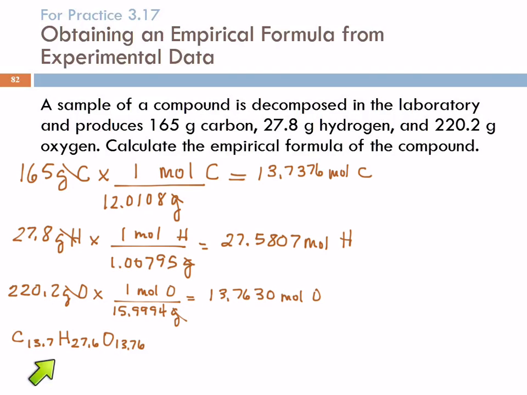So the way we change these into whole numbers is we go with the ratio. So we look at these different molar amounts, and we find the smallest one. It's this one. So I'm going to divide all of them by the smallest. So I'm going to divide this one by 13.7376. That one's going to come out to be exactly 1. And I'm going to divide this one by 13.736, so 27.5807 divided by 13.736 equals